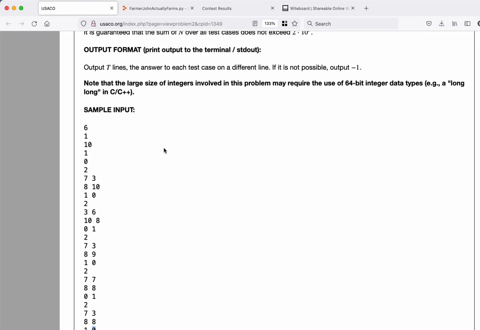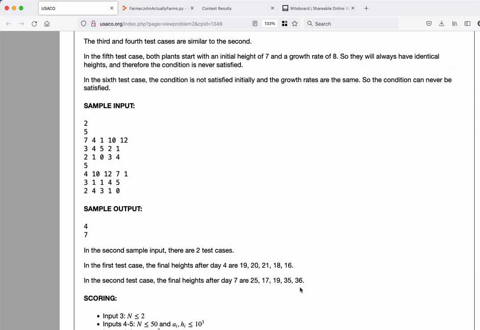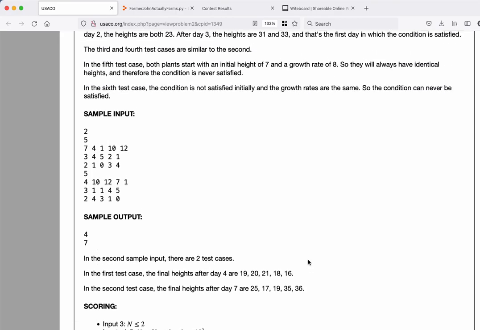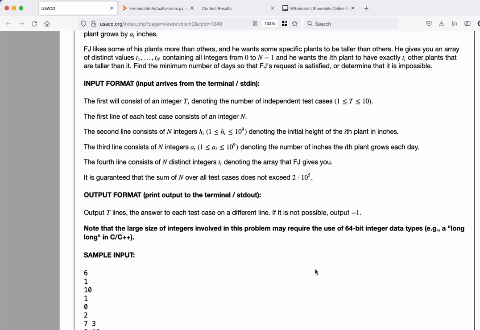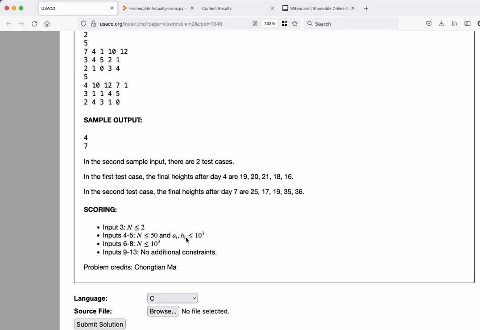And then I wanted to point out one thing in their contest results, or kind of inputs 4 to 5. It says AI and HI should be under 1,000, which is kind of giving you that bounds of 1,000. It's not too clear because the initial height is HI. It's unclear if they're talking about the initial height should be under 1,000, or the ending height should be under 1,000. But that's kind of where it came up with using 1,000